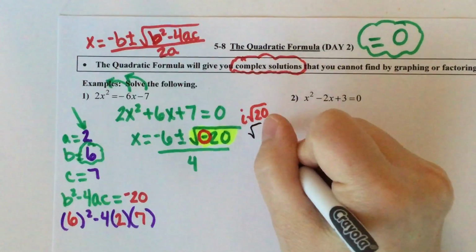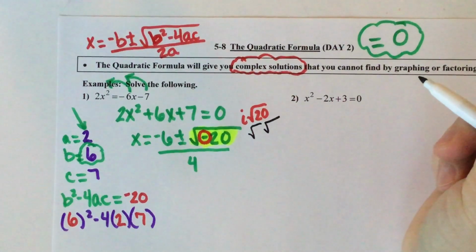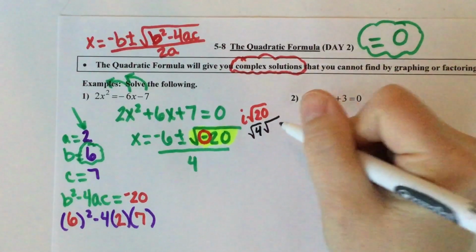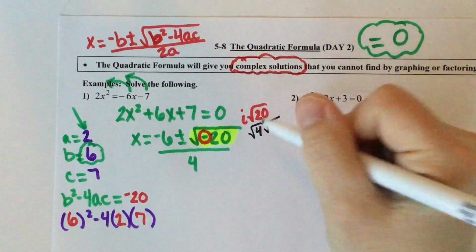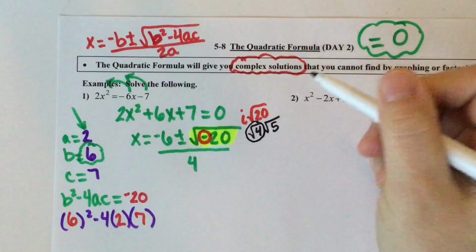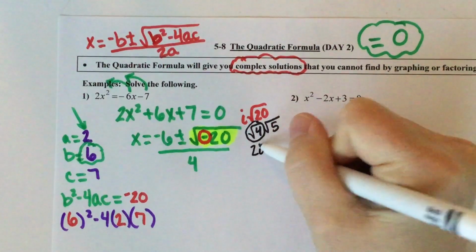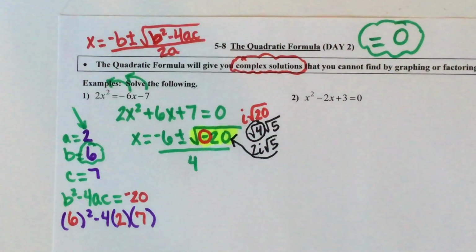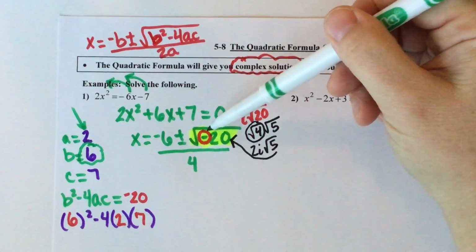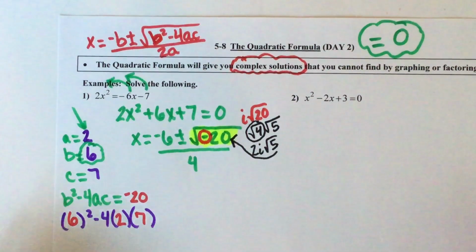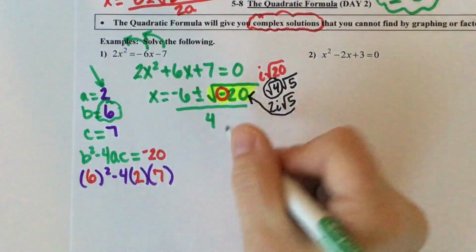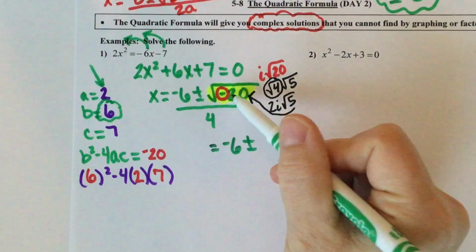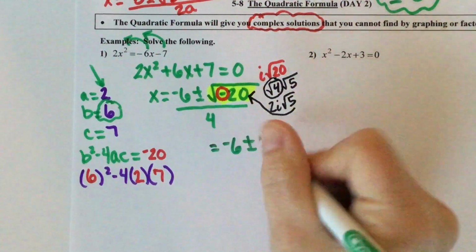Now, if 20 was a perfect square, we'd take the square root of it, but it's not, so we want to break it down. So who's our largest perfect square that can go into 20? 4. How many times? 5 times. And then what's the square root of 4? 2. So it's 2i square root of 5. So we're going to rewrite this and replace the square root of negative 20 with 2i square root of 5. So here we go. We have negative 6 plus or minus, and this is getting replaced with 2i square root of 5